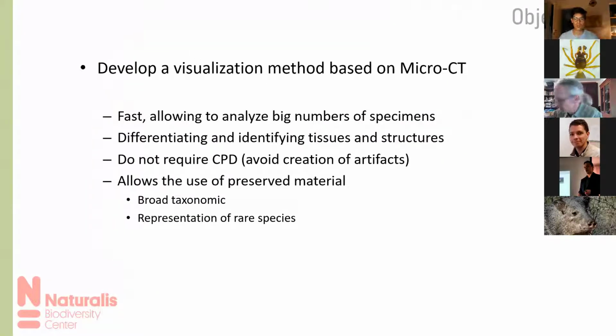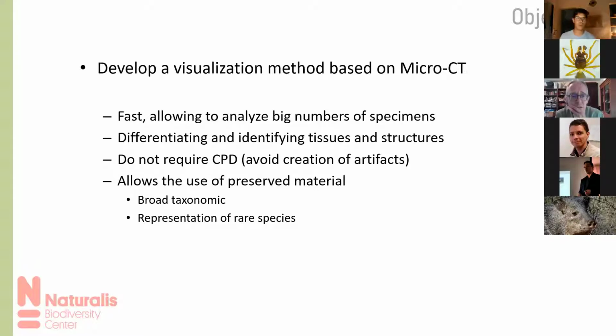So what we want to do with our project overall is to get a better understanding of how the brain works and how it varies from one group to the other, and then relate it to other phenomena like eye reduction. But of course, for achieving all of this, we first need to develop a visualization method based on micro-CT scan that is fast and therefore allows analyzing a big number of specimens. It gives us enough resolution to differentiate and identify tissues and structures, and also does not require critical point drying,